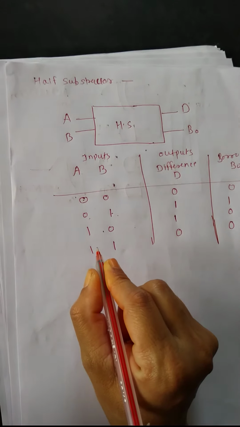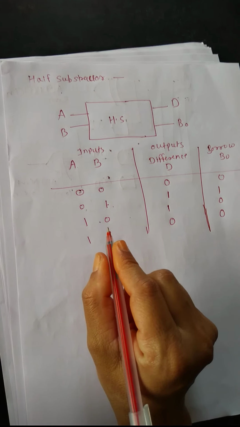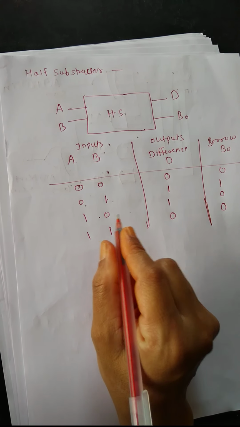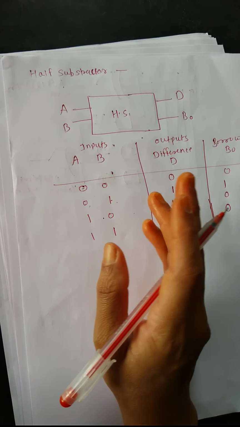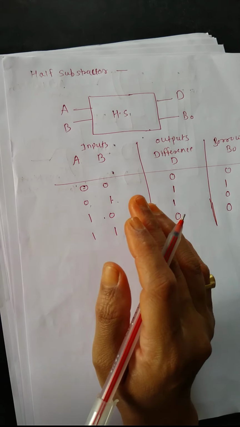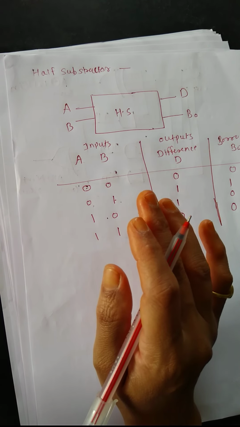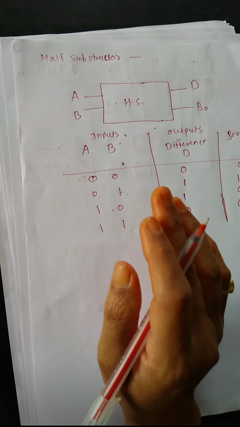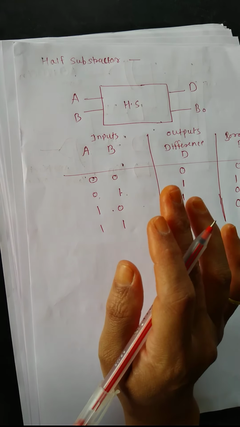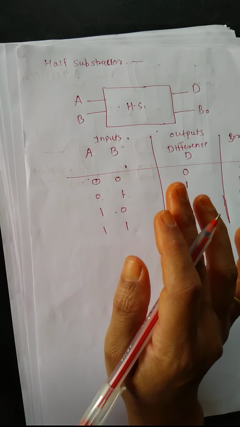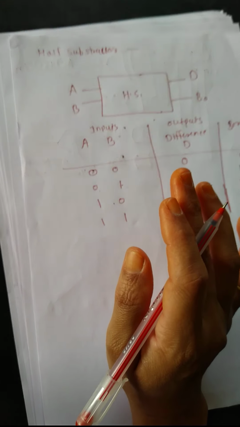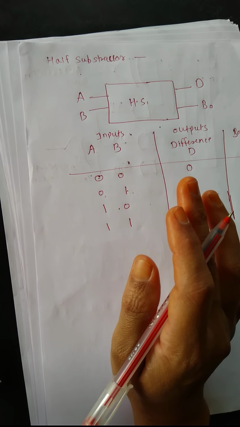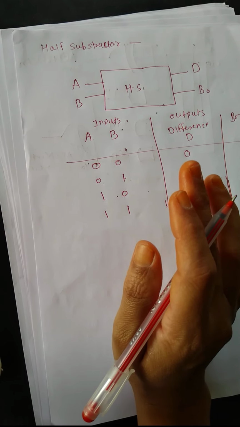For designing a combinational circuit, there are steps. First is the statement, second is the block diagram, and from the block diagram you have to design the truth table, and from the truth table you have to simplify the boolean expression. For that simplification we use the K-map simplification method, and after that, from the boolean equation, you have to realize the diagram. These are the steps for designing a combinational circuit.